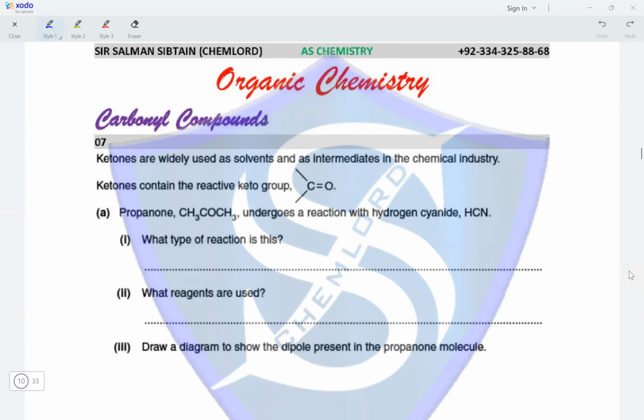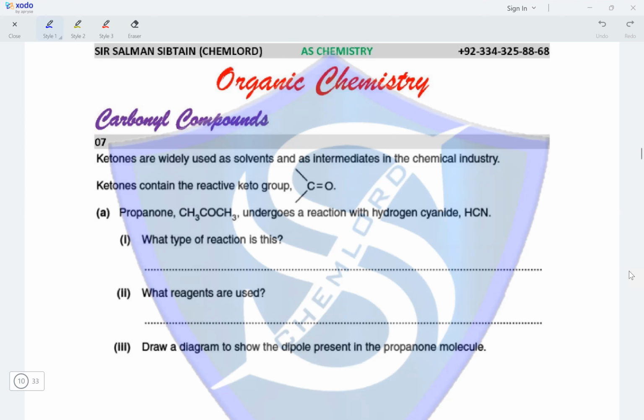Hi guys, this is AS Chemistry, Organic Chemistry, and we are looking at carbonyl compounds. Question 7. Ketones are widely used as solvents and as intermediates in the chemical industry. Ketones contain the reactive keto group, which is the C=O group attached to different or similar R groups